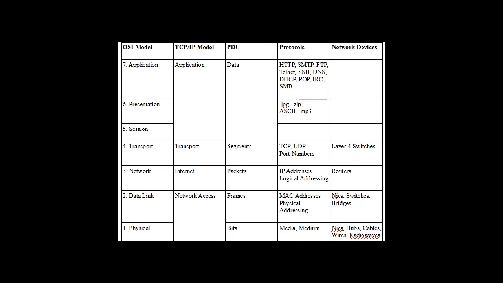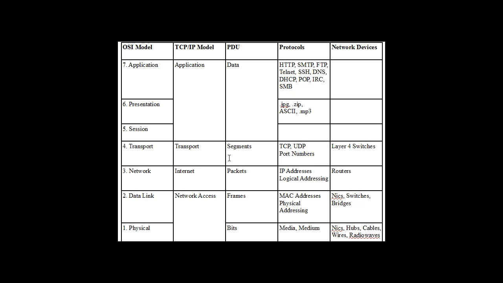We've got at the presentation layer, the data is formatted and then presented to the user. And so we've got different formats. We've got JPEG, which is compression, zip compression, MP3 file. We've got ASCII text. You have different types of formats and compression schemes and security that can also be put on at this layer. Then we'll skip the session layer for right now, and we'll talk about